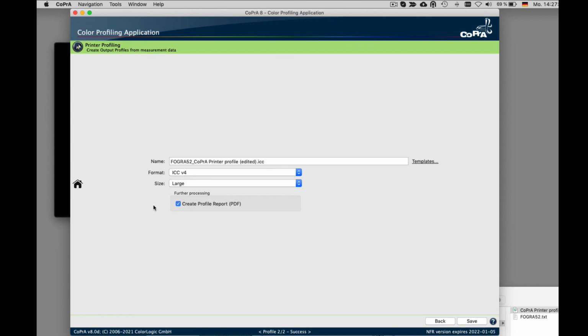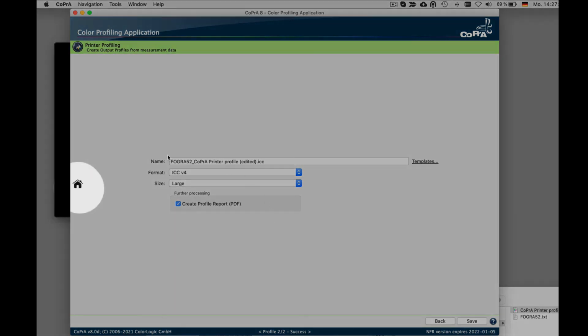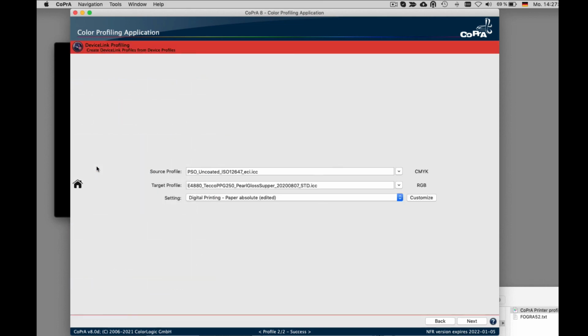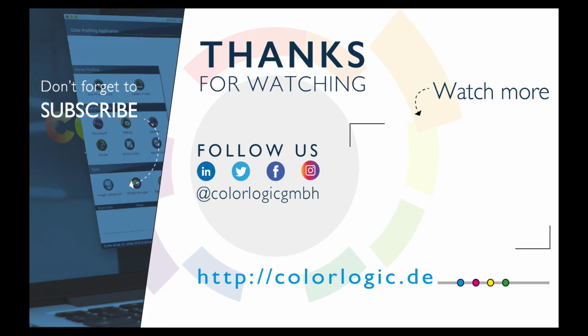To go back to the home screen or any other profiling module, simply click on the Home button, and the sidebar appears with all modules to select from. For more detailed information on CoPra, use the online help or watch more tutorials or more advanced videos on our